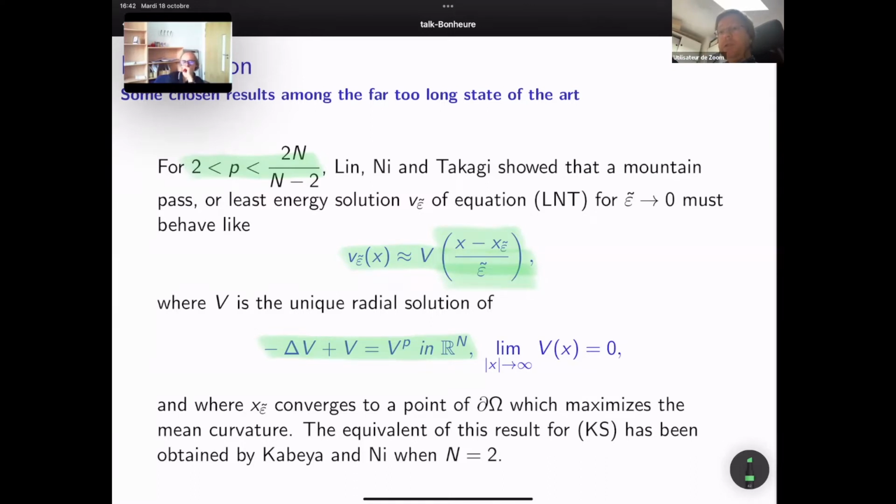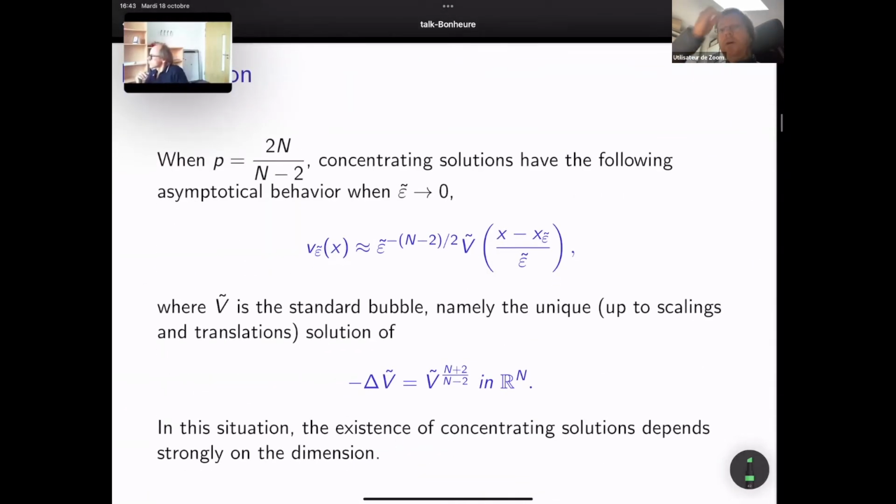x_epsilon, and this x_epsilon is going to converge to a point on the boundary, but I mean, it cannot be any kind of point. It has to maximize the mean curvature on the boundary. Okay, and the equivalent result has also been obtained by Kabeya and Ni in n=2. The case with a pure power is due to Lin, Ni and Takagi. Okay. Now, when p is the pure critical exponent,